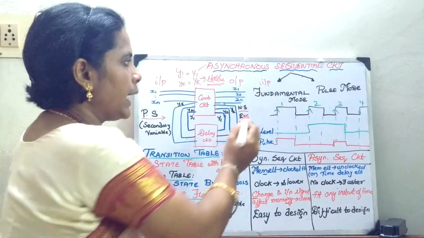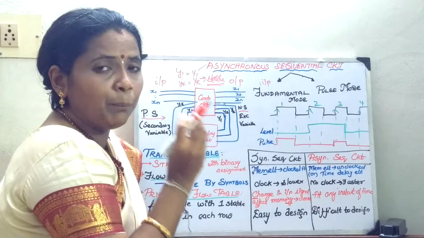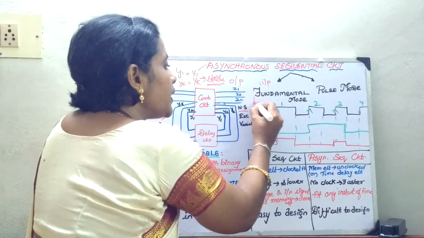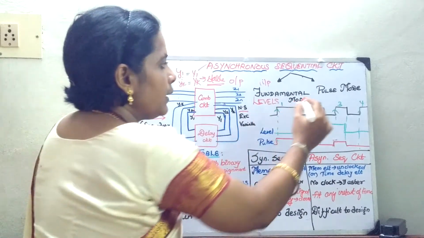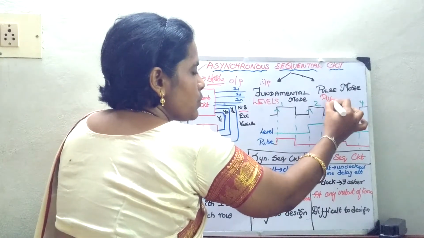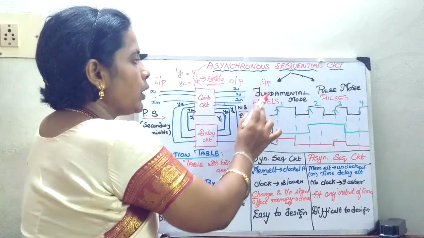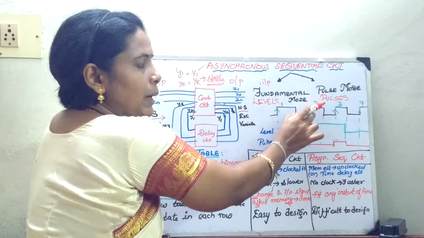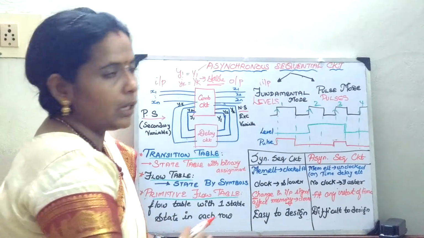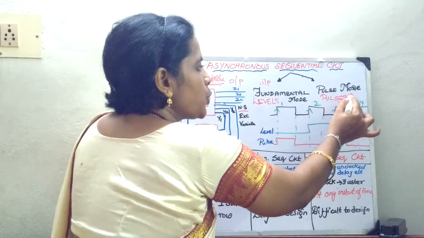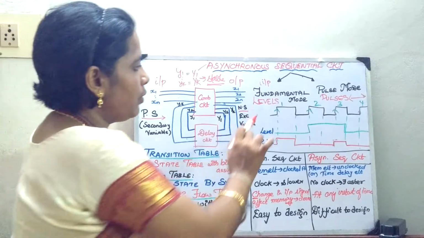But in the case of fundamental mode, whatever pulses or input data you send are considered as levels. Here they are considered as pulses. In both cases only one input changes at a time. Here it is considered as levels, whereas in pulse mode it is considered as pulses. So whenever I consider the pulse mode, it should have a sufficient level width.